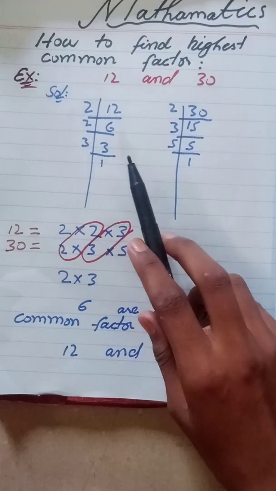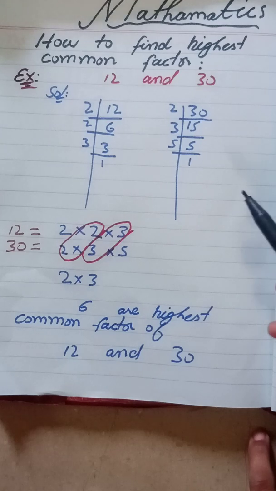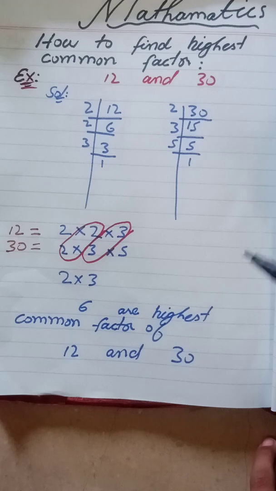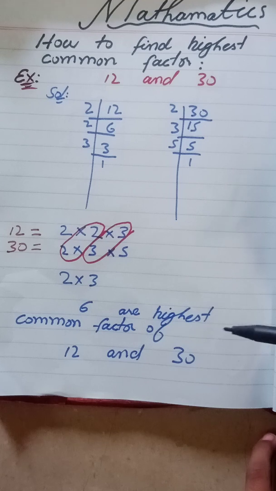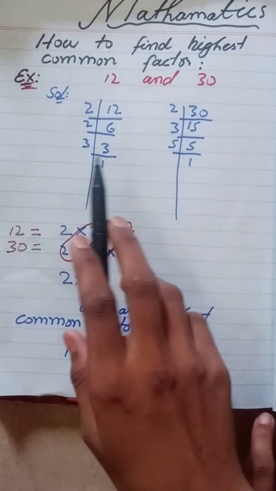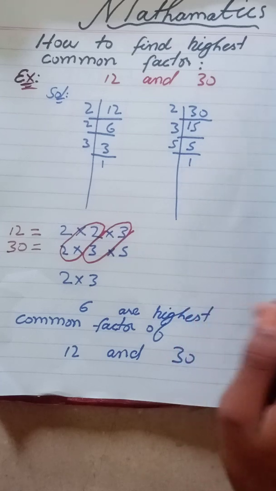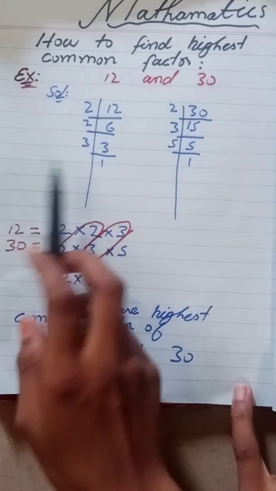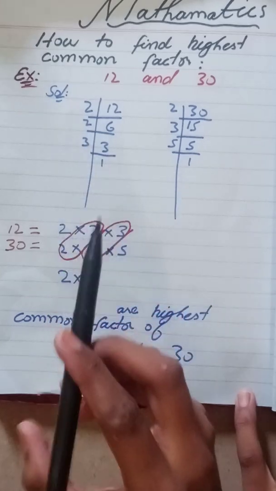We will solve this. First of all, I have used the small table first, then second, then third. We have to use the small table first, because in the small table there is a sequence, and the sequence cannot be destroyed. Now I have solved 12 and 30. I am finding the highest common factor of 12 and 30. I have solved this by taking the LCM of these two.